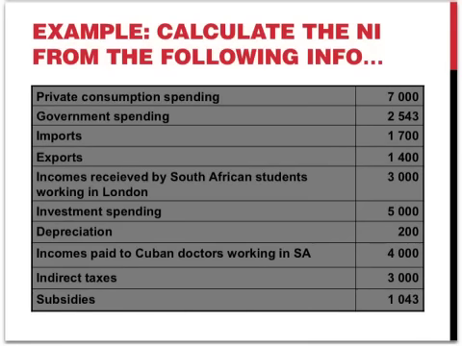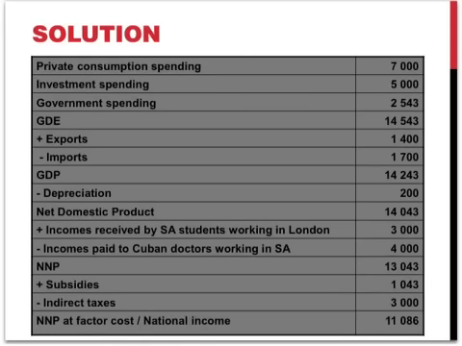We can typically give you an example with lots of different values and ask you to calculate the value of national income. So in this case, you have the private consumption spending, government spending, imports and exports, incomes received by South African students working in London, investment spending, depreciation, the incomes paid to Cuban doctors working in South Africa, indirect taxes and subsidies, and you have to go ahead and calculate the national income. It's not difficult mathematics, but you need to know the order of the calculations by heart, starting with private consumption spending,